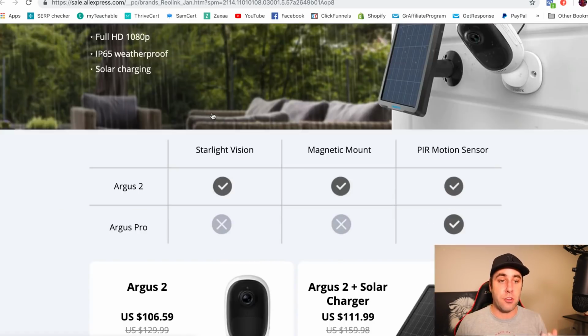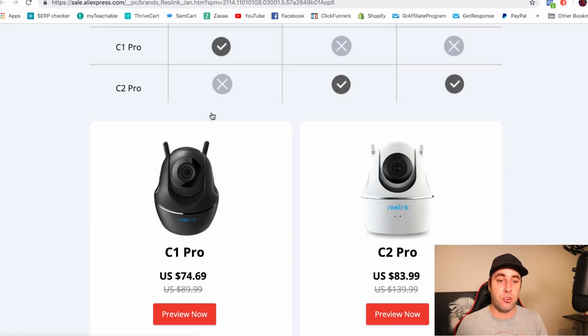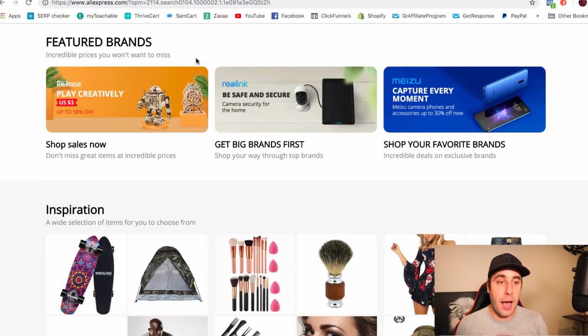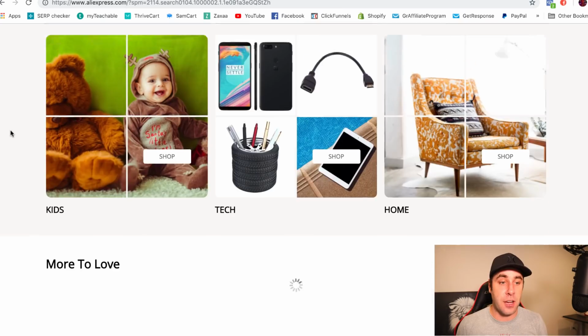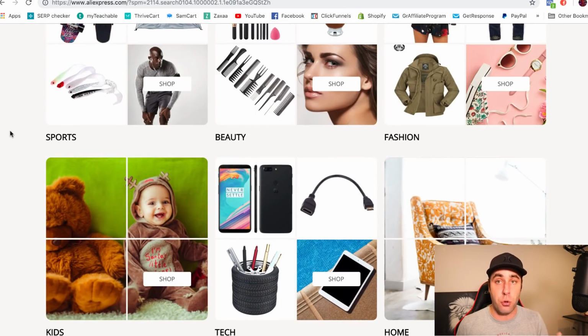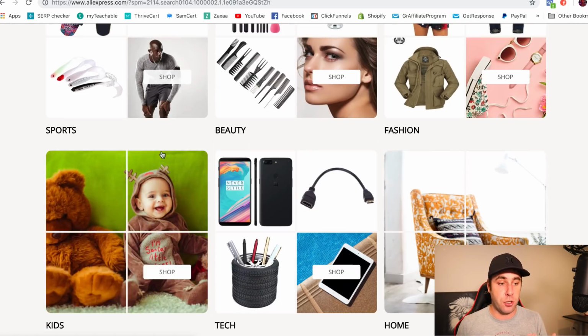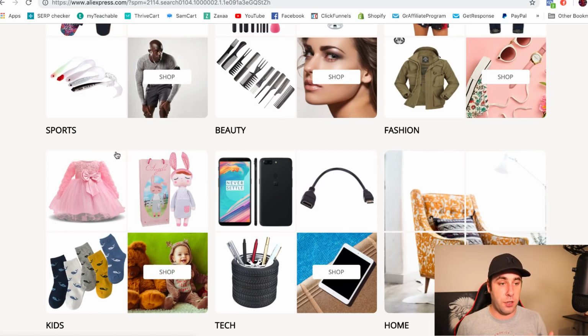So the brands are good as well because you have an insane amount of niche specific products that you can sell, and you have them all in one place. That will become critical once you start to expand your dropshipping store. Okay, but that's really it for AliExpress, guys, because there's actually not a lot to do on the research side of things here. Just go to a particular niche, and just like let's say sports,